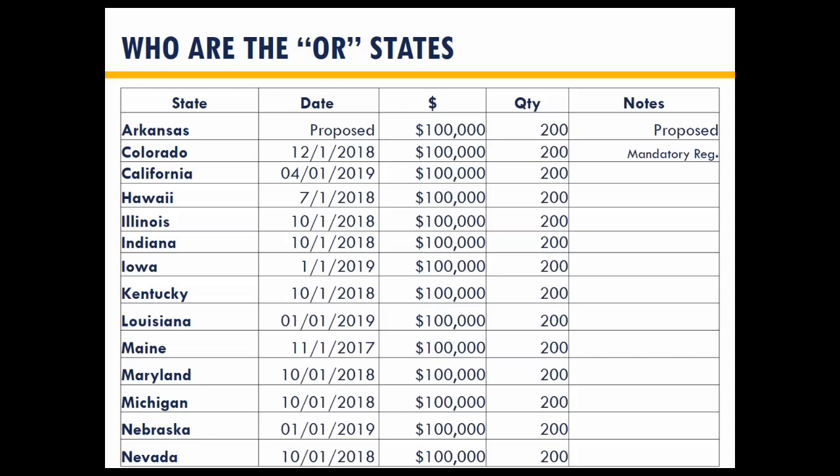So the OR states. Of the 45 states that have a sales tax imposed, I think we're somewhere in the neighborhood of 38 or 39 of them that have imposed these remote seller rules. If you registered for this online, don't beat yourself up trying to write these down. They will email out the listing or the PDF slide deck for this, and it'll all be in there. And we have it posted on IkeBailey.com. But the big message here is most states are OR states. You can see we've got Arkansas through Nevada is 100,000 or 200.